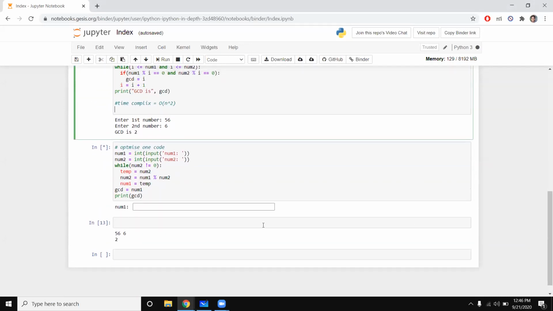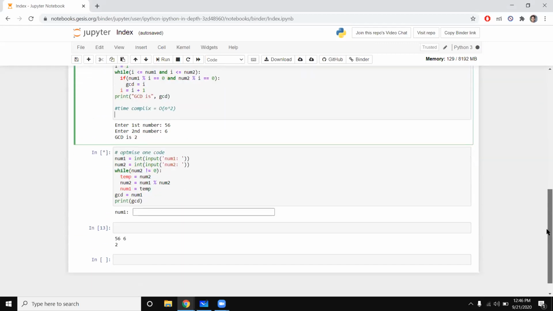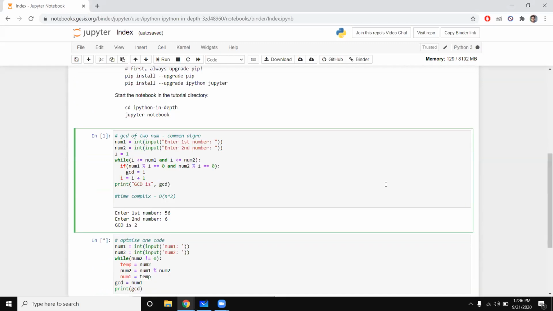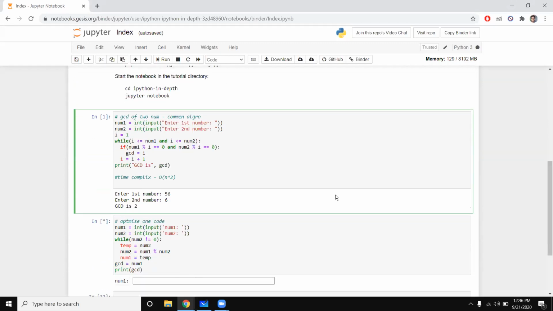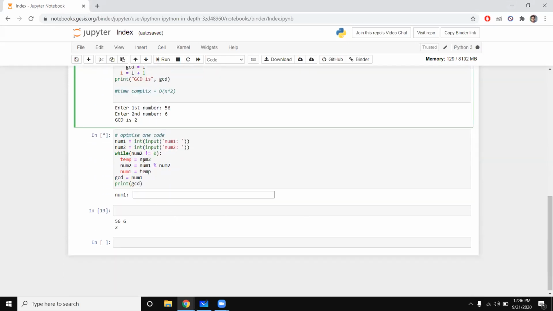So we can see here this while loop runs only for 3 times, that is 56 mod 6, a mod b times. This while loop runs for a mod b times, and the other while loop runs for n times, that is the greatest number, 54 times, that is the number minus 2 times, 0 and 1 not considered. So it has to run from 2 to that number. So this is an optimized code we have seen here.